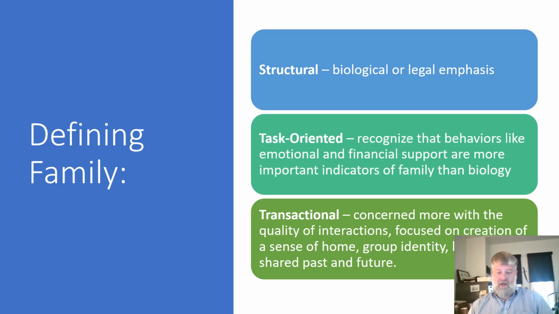A great place to start in our discussion of communication in families is by defining various definitions of family. We're going to look at three different types of definitions of family. The first is a structural definition, and that type of definition tends to emphasize biological or legal sorts of ways of defining a family. The second is a task-oriented type of definition. And these definitions recognize that behaviors like emotional and financial support are more important indicators of family or familial relations